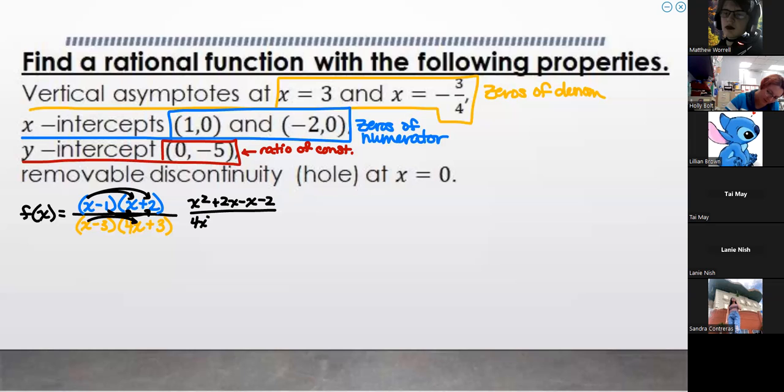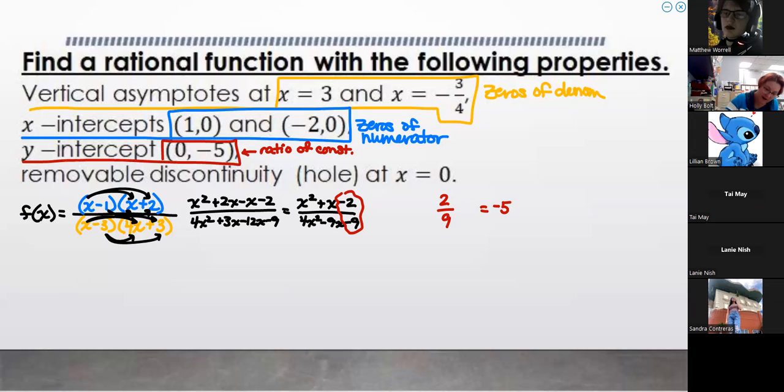So I have 4x squared plus 3x minus 12x minus 9. Combine my like terms together to clean that up a little bit. So I have x squared plus x minus 2 over 4x squared minus 9x minus 9. So this right here is currently the ratio of my constants, but I need it to come out to be -5. So it's currently 2/9,